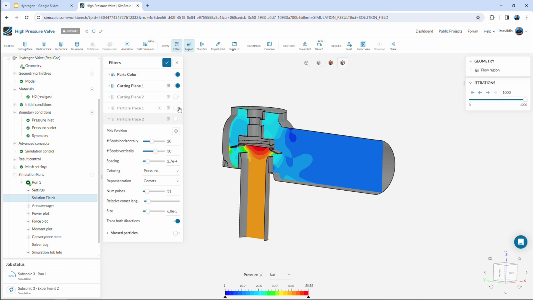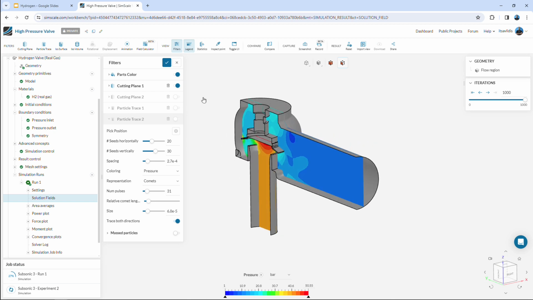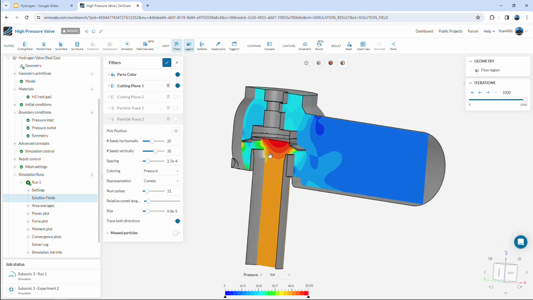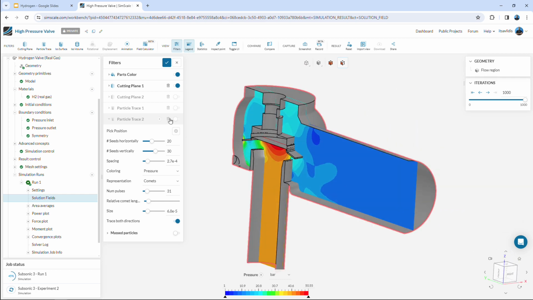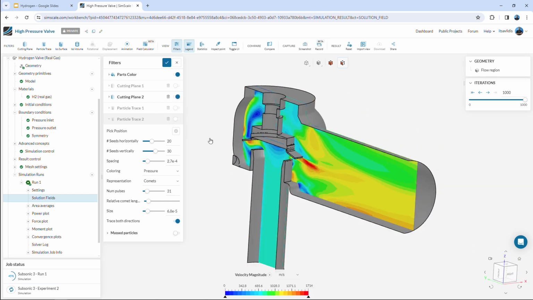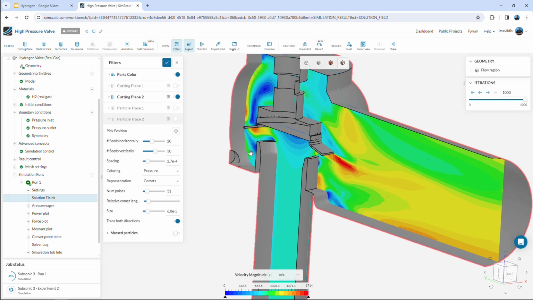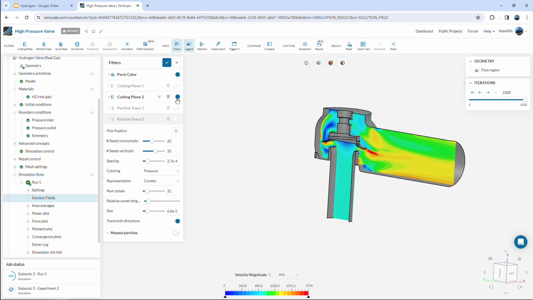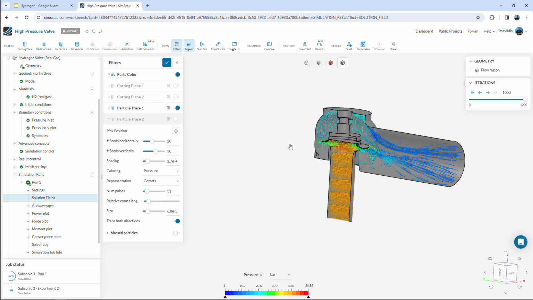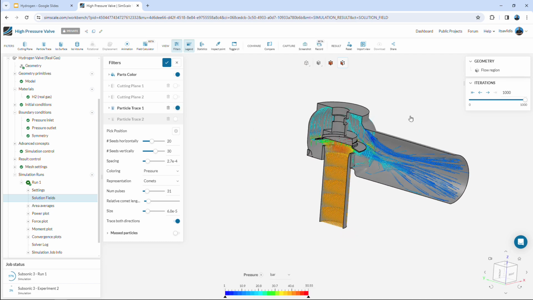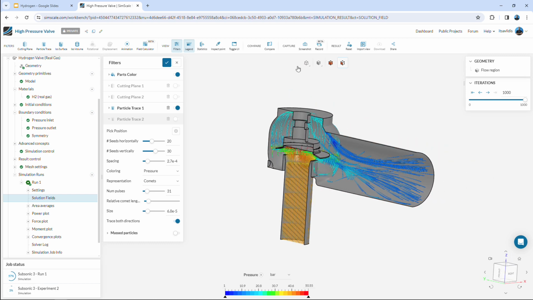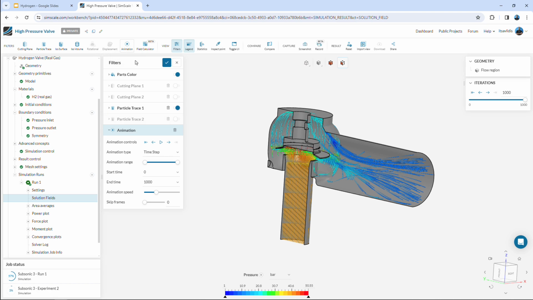Now I'm inside the live post-processor and I can create a cut plane and check the pressure at the center of the valve, and I can also create another one and check the velocity, and of course create nice visualizations like, for example, streamlines and particle traces that can be easily animated as well.